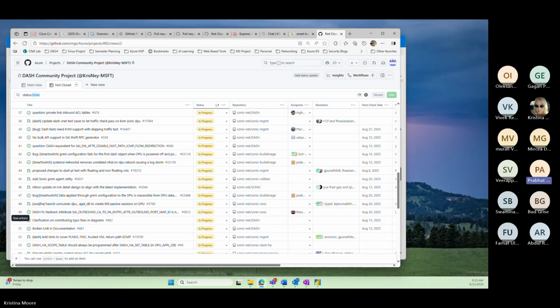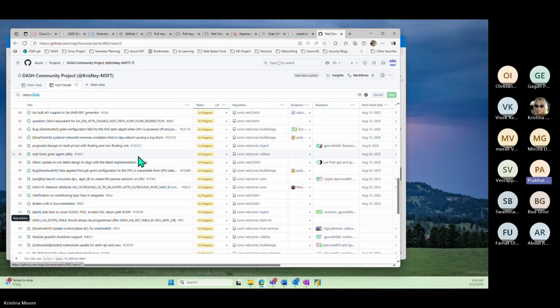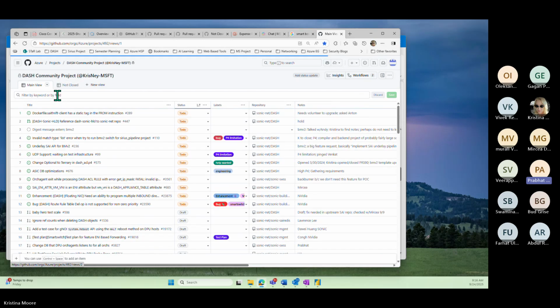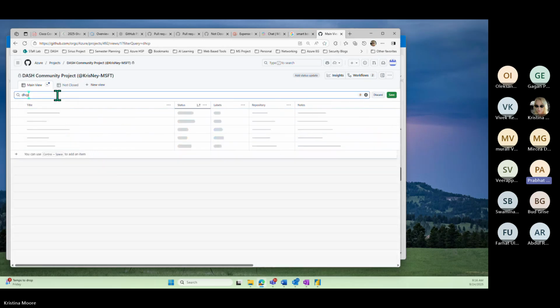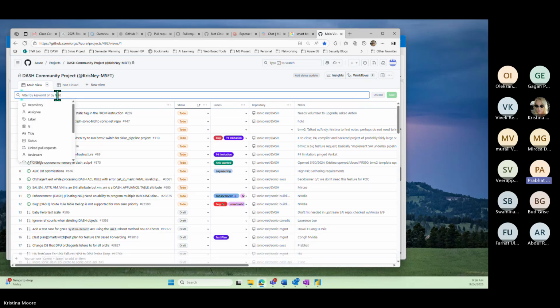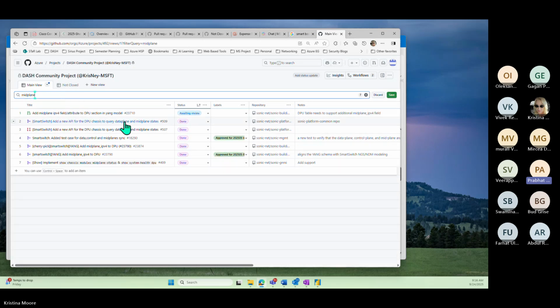So there is another hot item that we wanted to discuss. It's related to the DHCP unique identifier for the E0 midplane IP that recently got changed from DUID to the midplane interface MAC. It was done by AMD. It looks like that is causing some issues for NVIDIA when upgrading from 2025-05 to 2025-06. So they raised